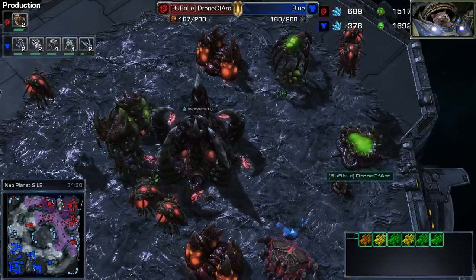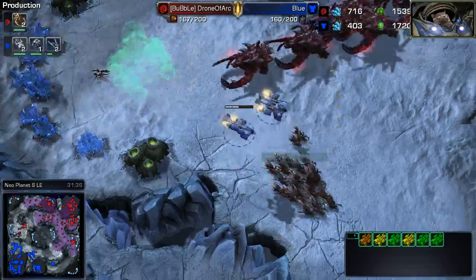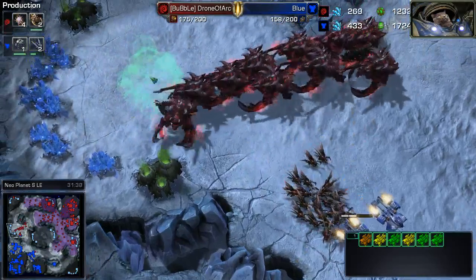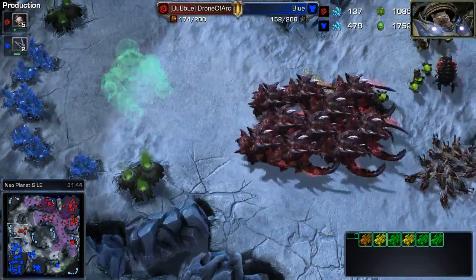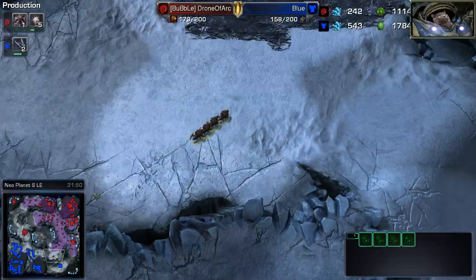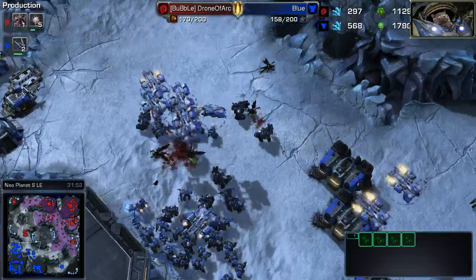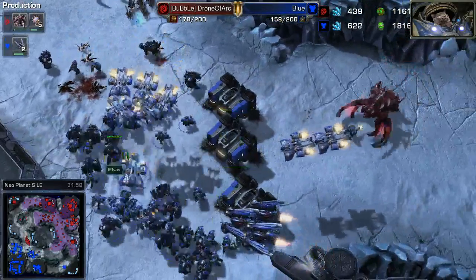And look how much tech is hidden right here in the main. Very, very exposed right there. DroneOfArc poking up just to see if indeed that 4th had been taken, but it looks like Blue is making motions like he wants to take it bottom right, and there's no Zergling there to spot it this time. Oh, sacrificing a handful of Zerglings just to see the state of his opponent's army, and again it is